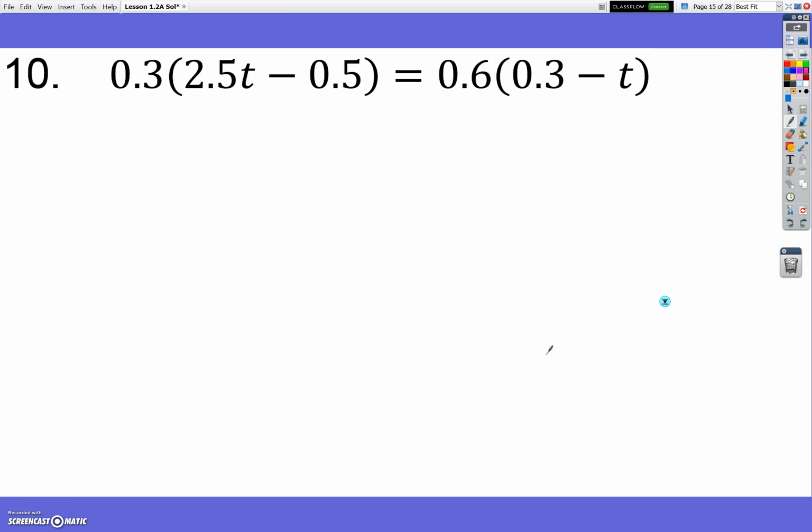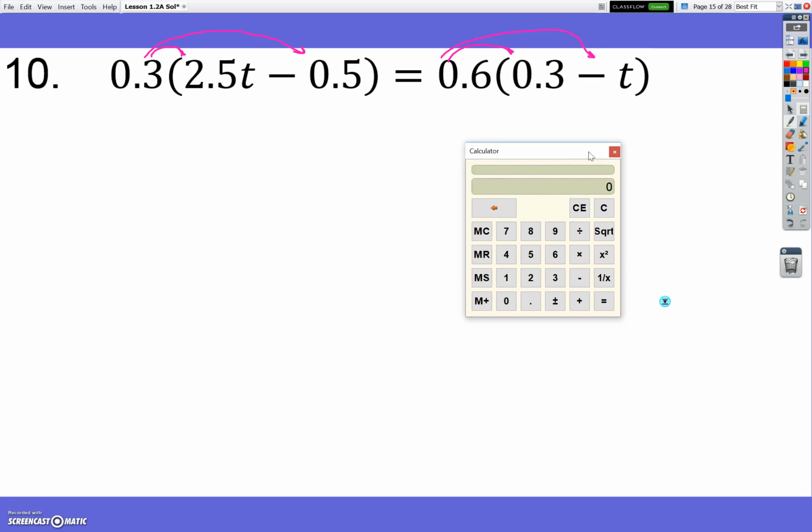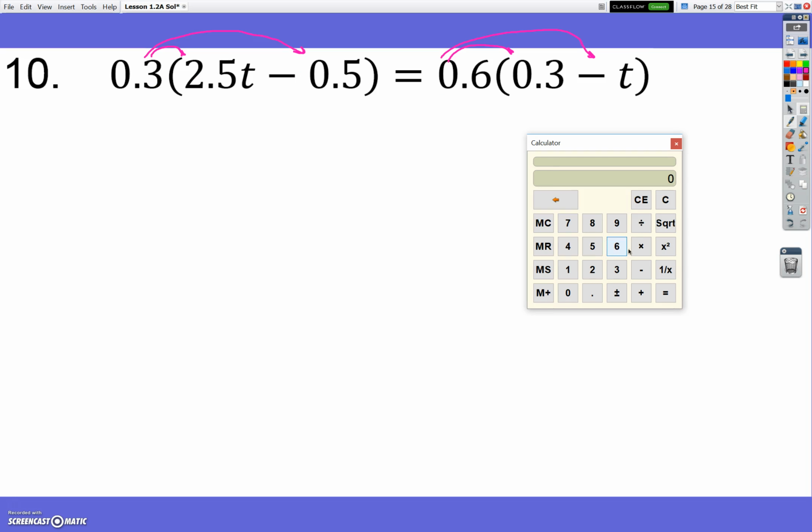Here we got a bunch of decimals. There's a few ways on how we can solve this one. I would start by distributing this 0.3 in here and this 0.6 here. Now some of these decimals I can't do in the top of my head, so I'm going to do these with a calculator. If I have 0.3 times 2.5, that'll give me 0.75. And if I have 0.5 times 0.3, that's going to be 15/100ths. We're going to continue this by doing 0.6 times 0.3, and that's going to be 18/100ths